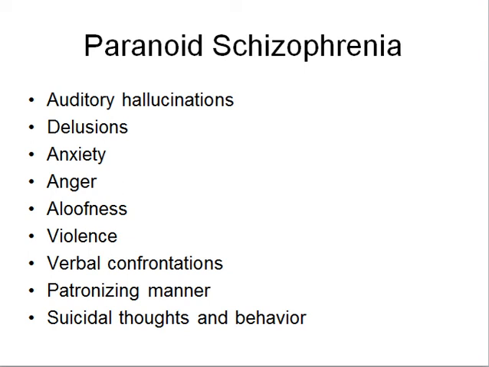The last type is undifferentiated schizophrenia. With undifferentiated schizophrenia, you have disorganized behavior, delusions, and hallucinations, and incoherence. It is possible that someone with undifferentiated schizophrenia will not only have word salad, but will use their own language. This is the category that psychologists use when the patient doesn't really fit into the other categories of schizophrenia.